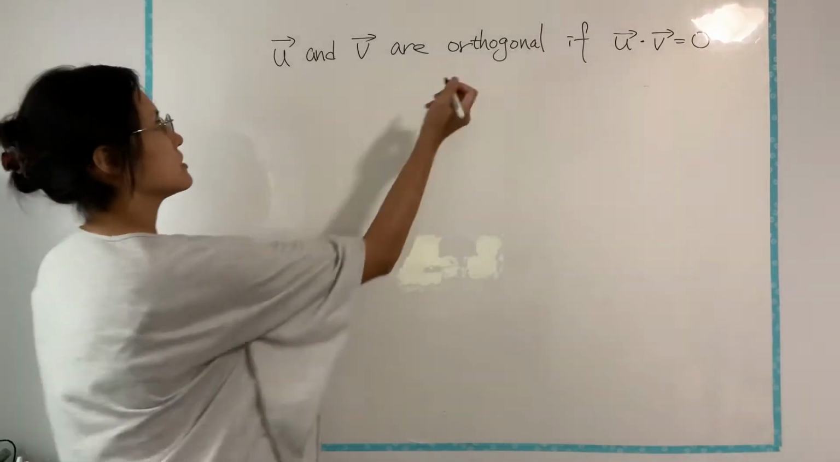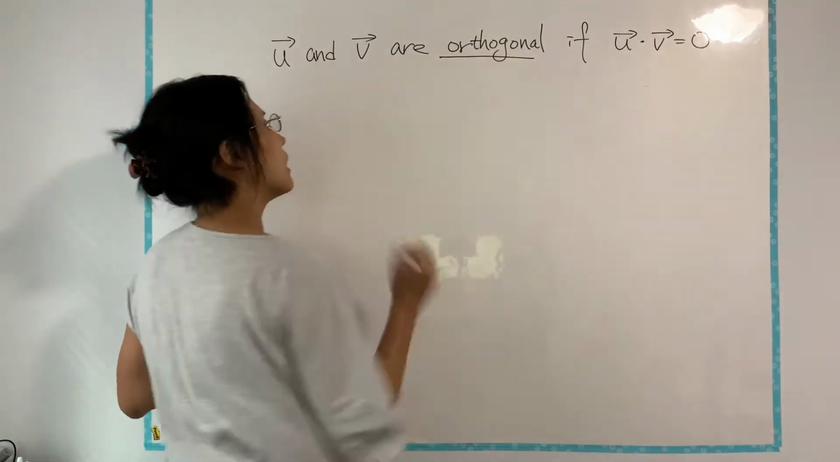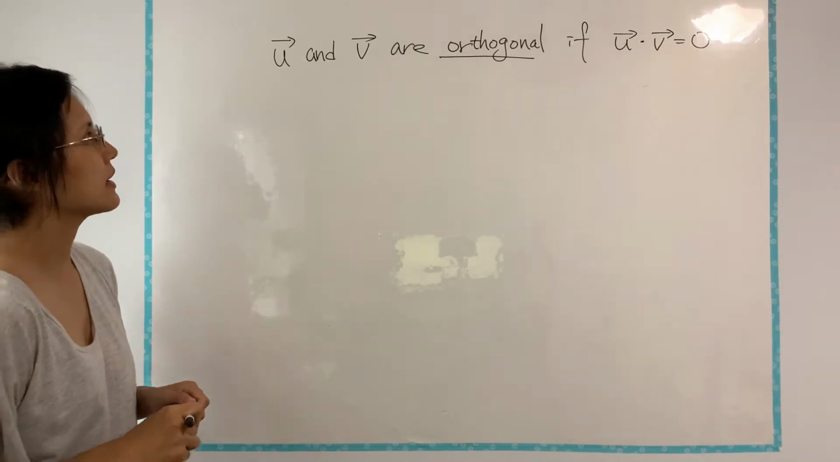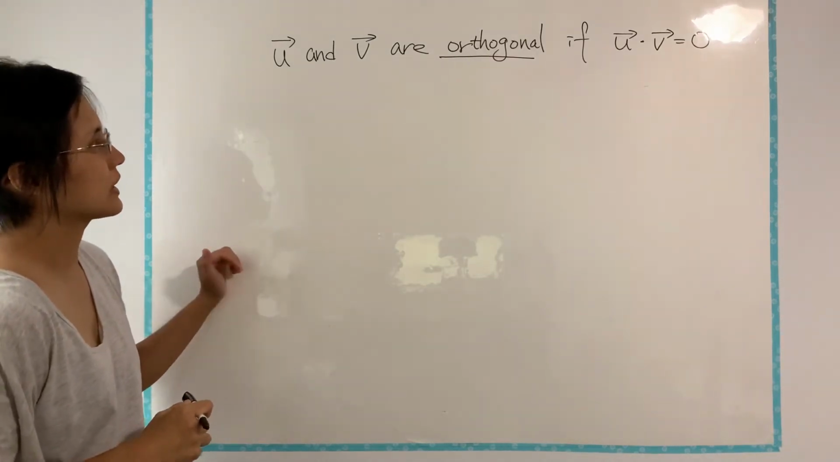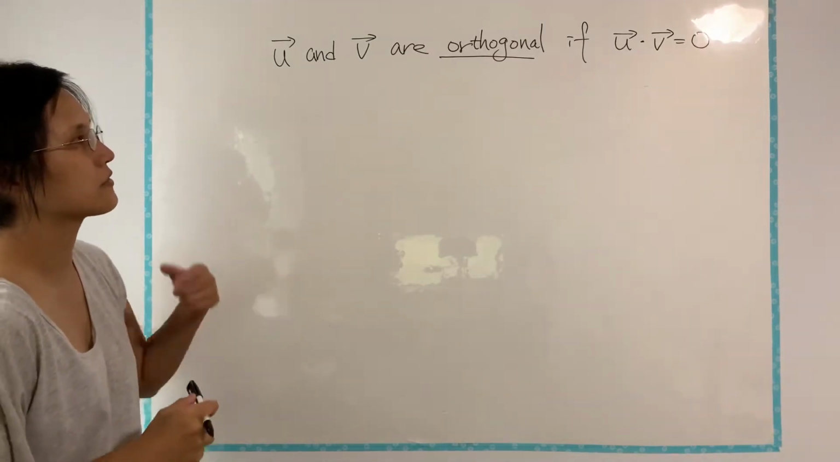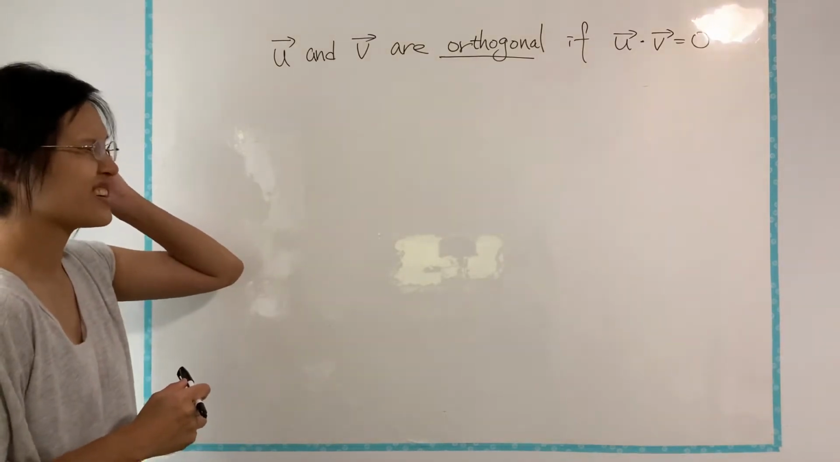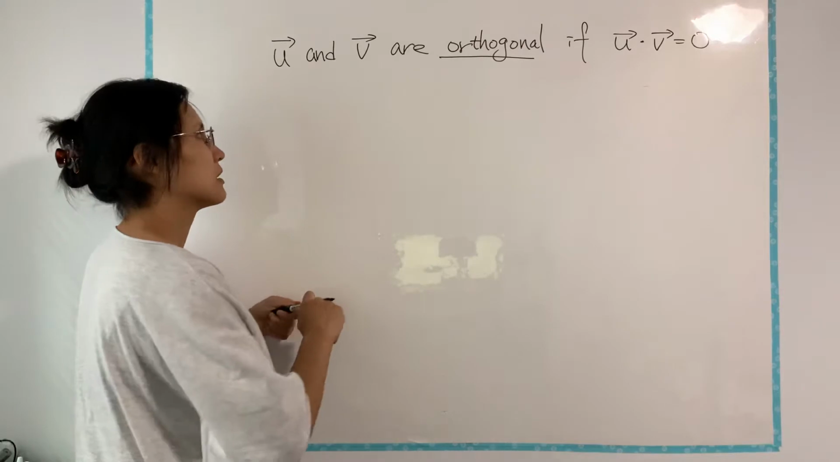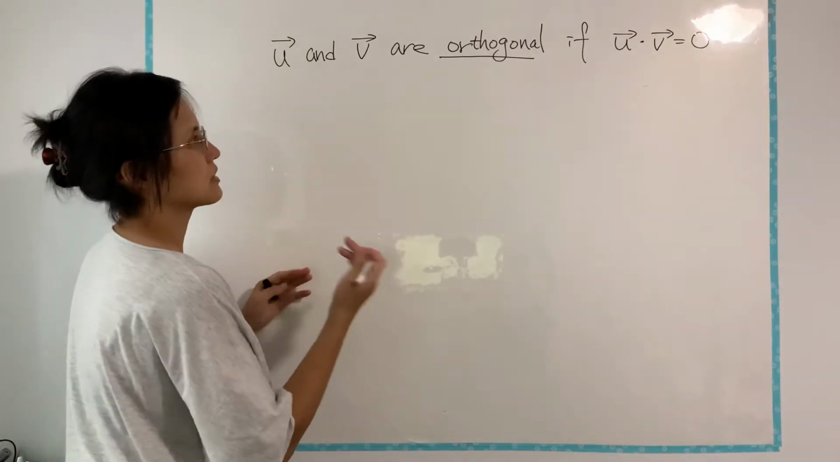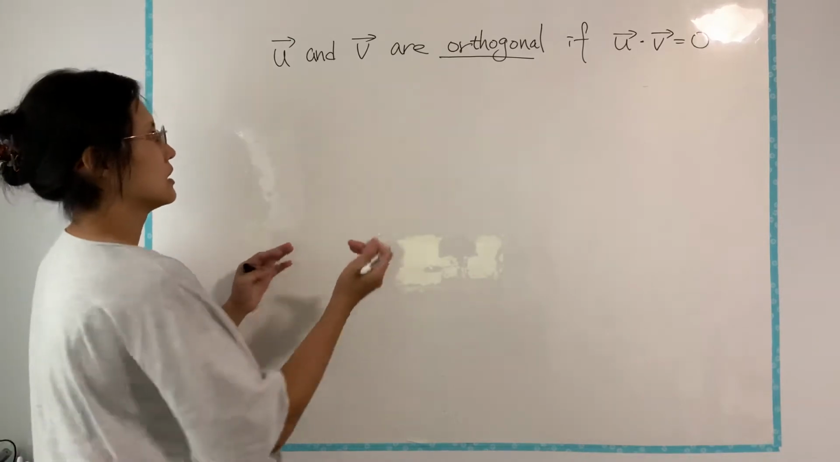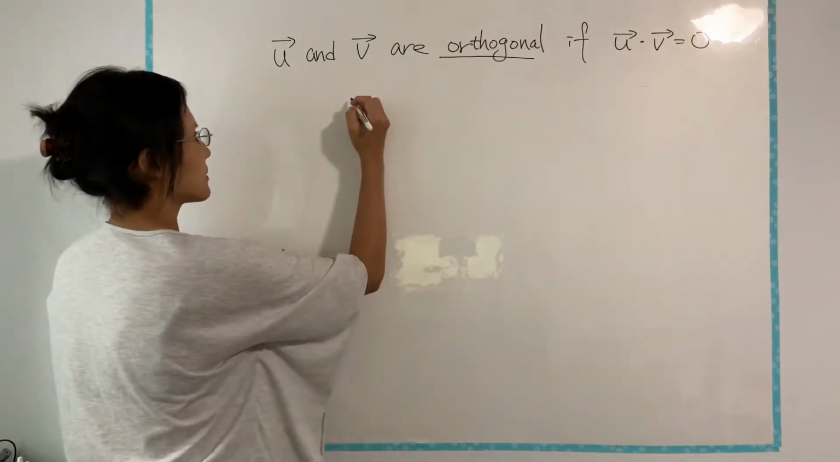Here we introduce terminology: orthogonal. When we have two vectors, we say the two vectors are orthogonal if their dot product equals 0. So what does this mean? Orthogonal is really just a fancy way to say perpendicular. Okay, so if you think about this,